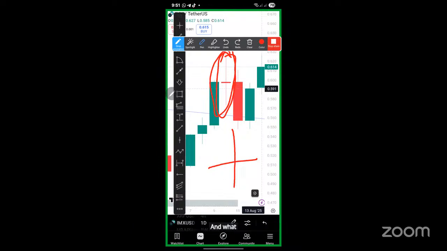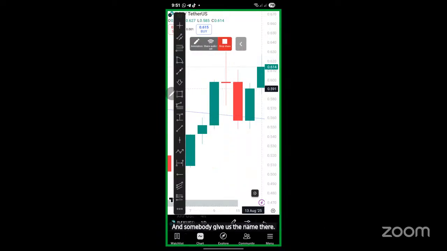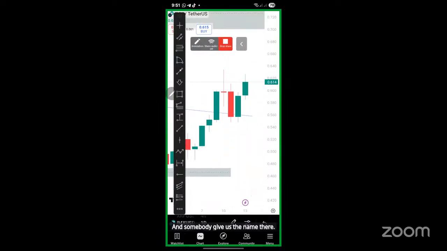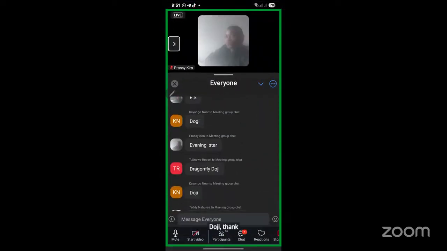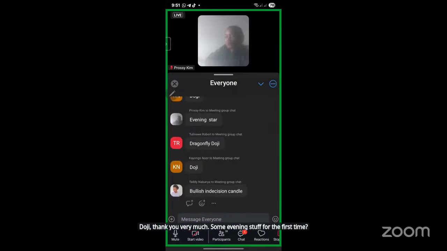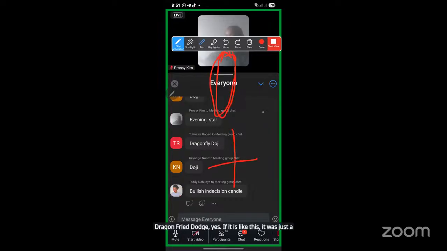And what does it mean when you see it in the market? Can somebody give us the name of that? Doji. Thank you very much. Dragonfly Doji. Yes. If it is like this, it was just a bit confusing, but when it is like this,